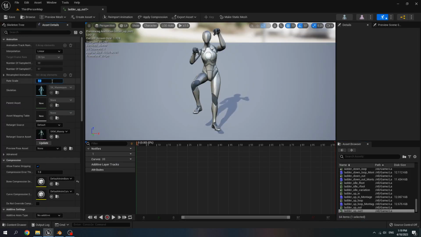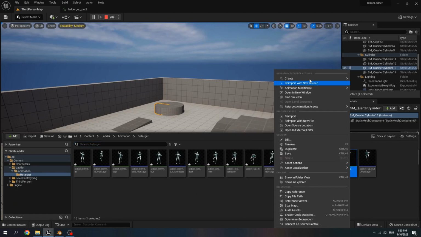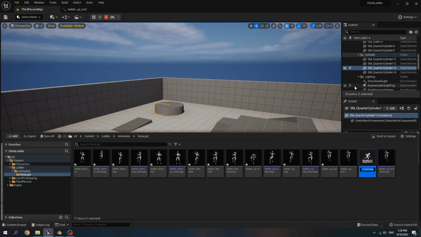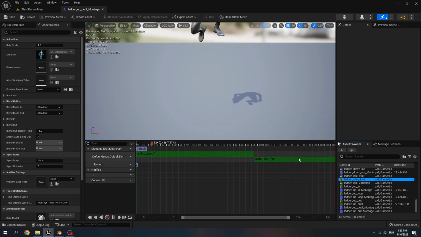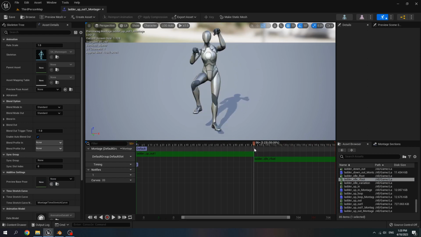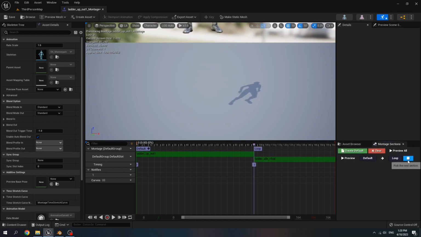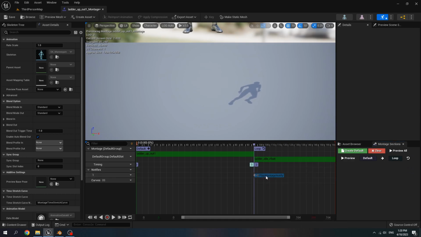Set rate scale to -1 for the animation to play backward. Then right click, create any montage. Drag ladder idle R foot inside the animation. The same as the other animations, right click, new montage section, name it loop. For montage section, choose loop and right click, add notify, montage notify.